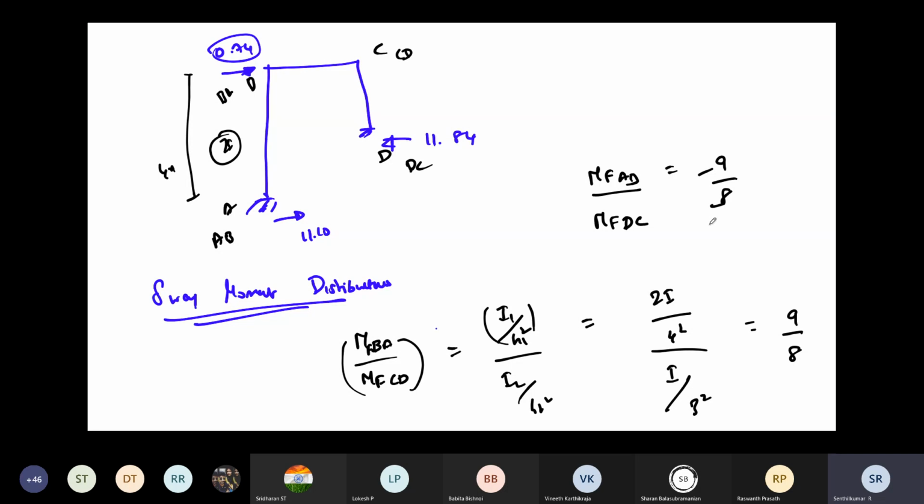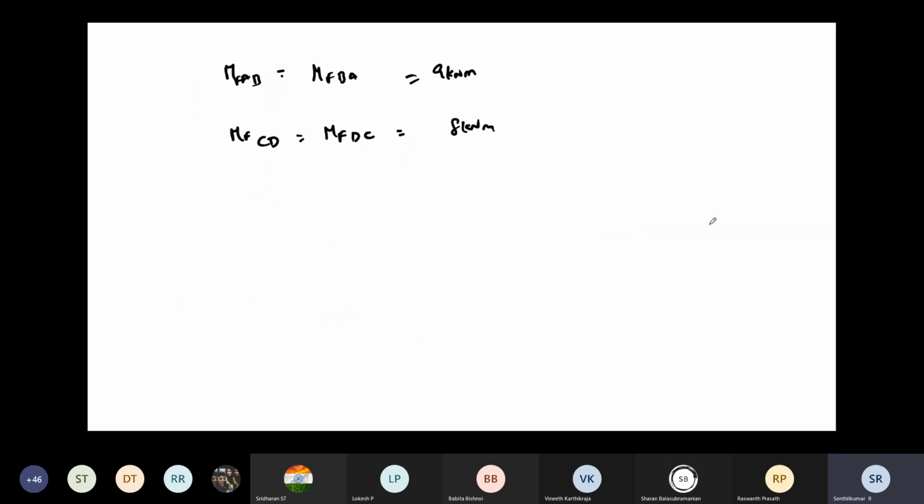Because of the delta, surely moments are going to develop. That is 6EI delta by L square. That we know, but the delta value we don't know. That is a major thing. That is unknown, so that's why we are going to calculate indirectly. Right? So the ratio we know is going to be followed throughout the procedure. Then only you will get the proper final values. So when you are maintaining the ratio, you will get 9 by 8 only.